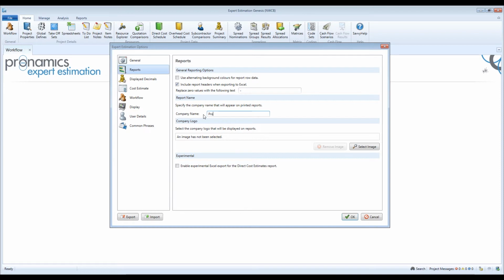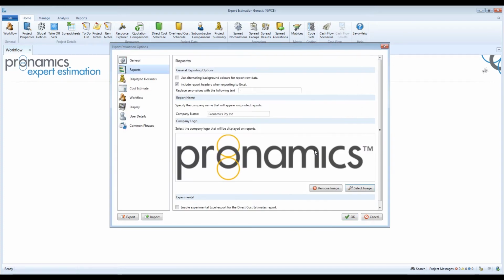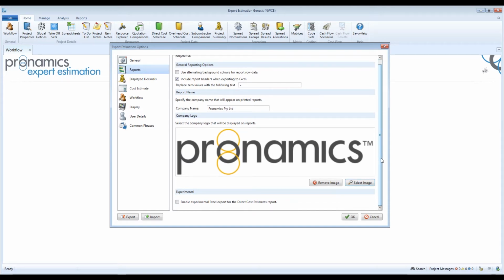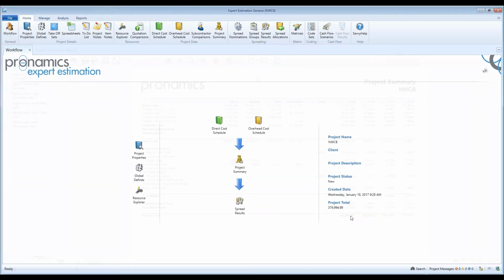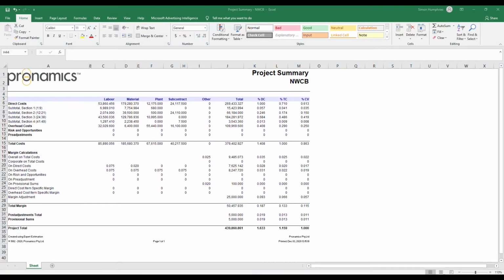Fill in your company name and select a logo image. While there is no set image size limit or dimensions, we highly recommend files smaller than 15 megabytes and dimensions smaller than 11,000 by 6,000 pixels at 600 dpi. Then press OK. With your company logo or image uploaded, you can print or export all reports to Excel with your company logo shown in the top left of the page.